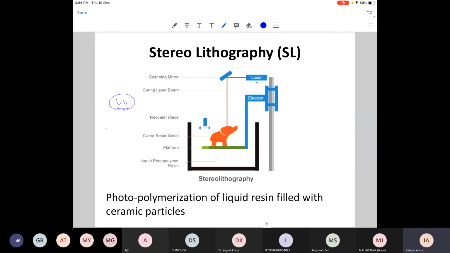This example is actually from a polymer. So in this case, we have a powder bed